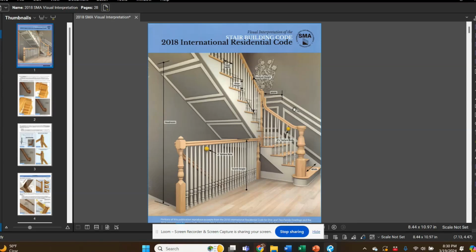Hey guys, we're going to talk today about handrails, guardrails, and continuity. So if you could grab for me your 2018 version of the visual interpretation of the